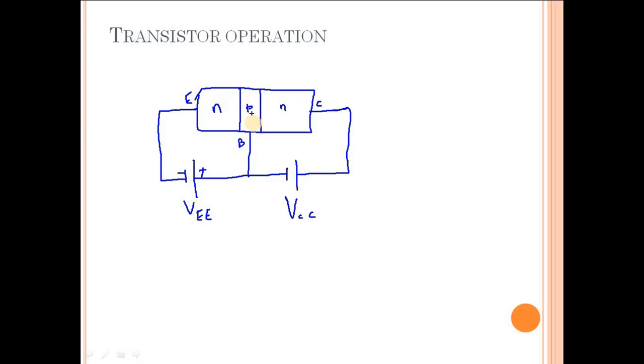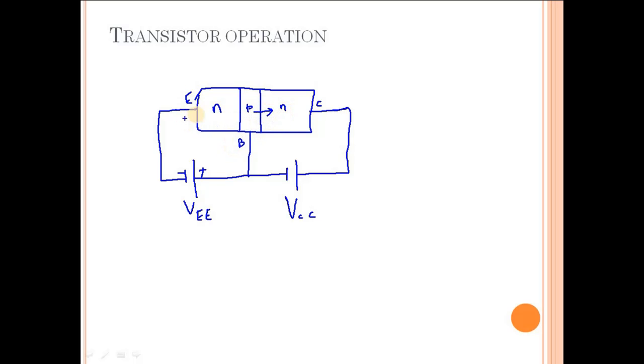And because of the reverse bias provided to the base collector PN junction, whatever minority charge carriers are present here are pushed to the N layer by this reverse bias. Due to this negative potential of VCC, those minority charge carrier electrons are pushed to the N layer. So there is a further movement of the electrons from P to N.